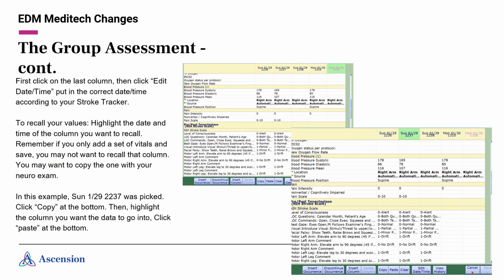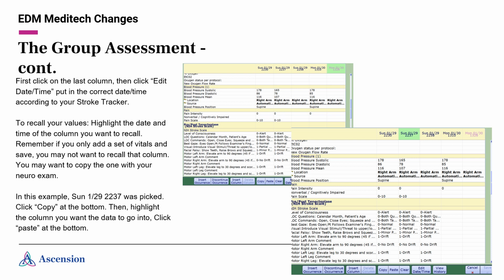First, click on the last column and click Edit Date and Time and put in the correct date and time according to your stroke tracker. To recall your values, highlight the date and time of the column you want to recall. Remember, if you only added a set of vitals at one time, it will still show up here, so you do not want to recall that column. You want to make sure that you're recalling the last column that had all of the data that was necessary for your